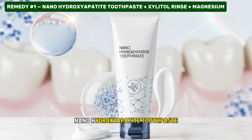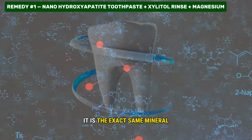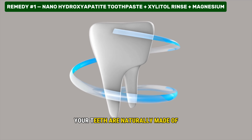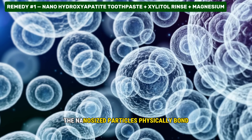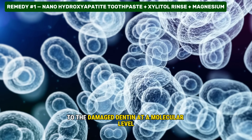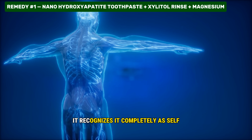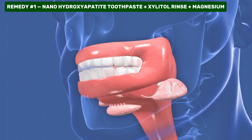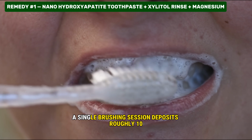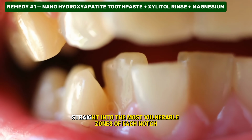Nano hydroxyapatite toothpaste. Hydroxyapatite is not some exotic compound. It is the exact same mineral your teeth are naturally made of. When you brush it onto those notched surfaces, the nano-sized particles physically bond to the damaged dentin at a molecular level, filling microgaps that acid and friction carved over years. Your body does not treat it as foreign. It recognizes it completely as self and integrates it directly into your tooth structure. A single brushing session deposits roughly 10 to 15 micrograms of bioavailable calcium phosphate straight into the most vulnerable zones